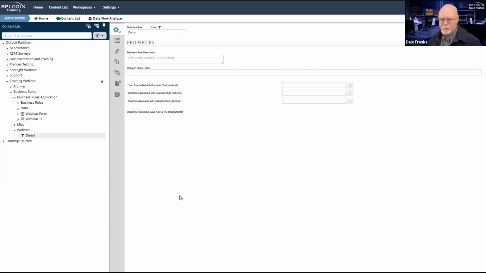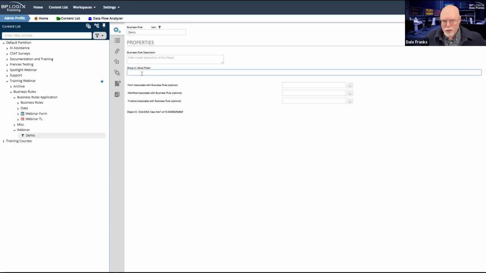So with all that in mind, let's start by just looking at a business value itself and how it's configured. When you first create a business value, and I just created this a moment ago, the only thing that we have skipped past here is naming the business value. But we're going to go through the two tabs that are important to know about. On the Properties tab, you have your name up here, and of course you can set your icon if you want. The important stuff starts right here with Group and Value Picker.